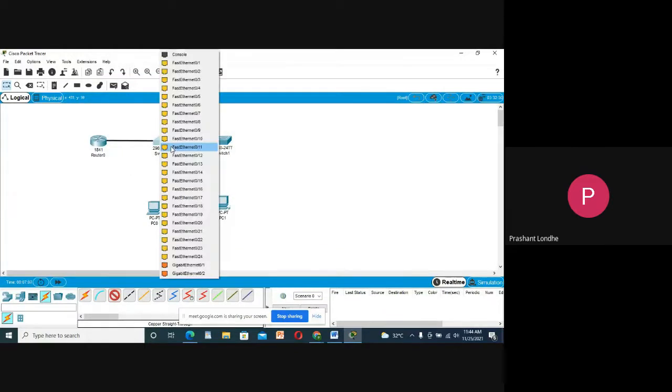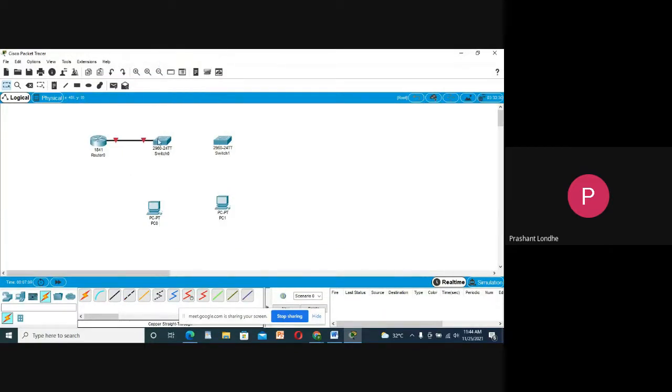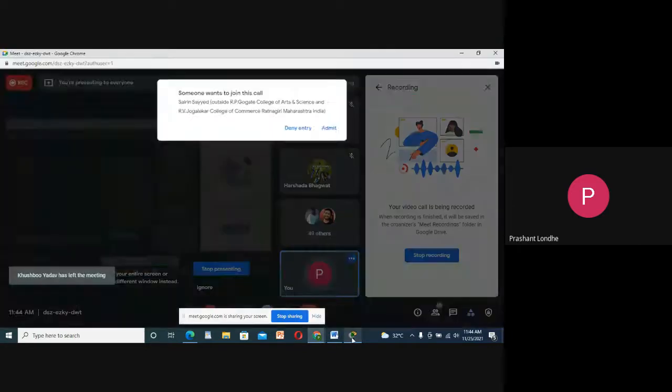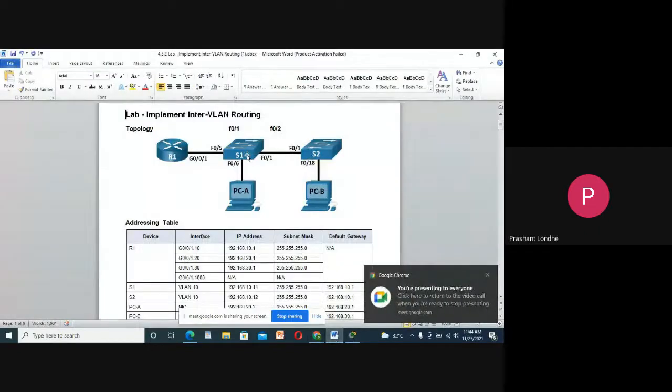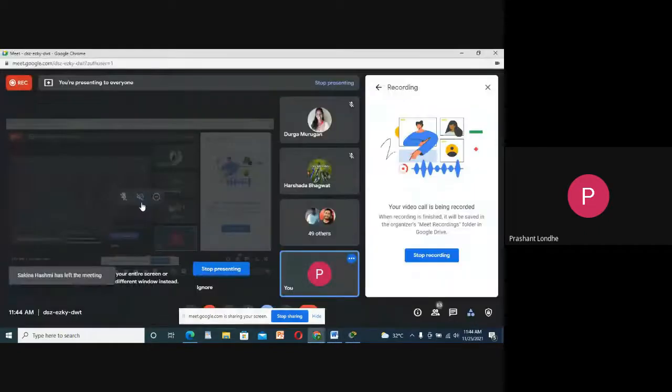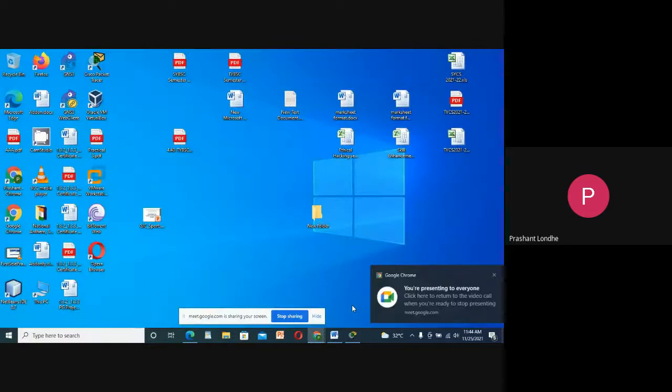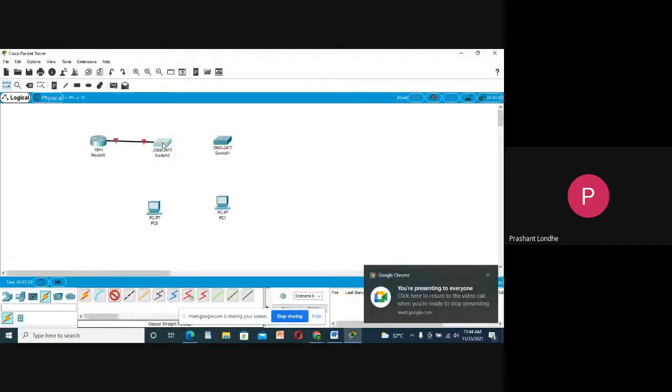Here I will connect it with Fast Ethernet. All the cables will be connected with Fast Ethernet only. So let us start.